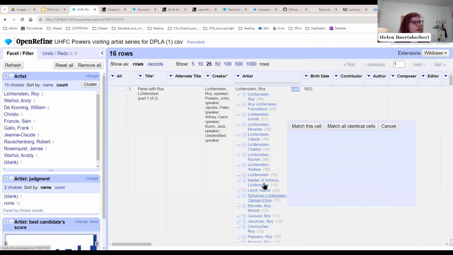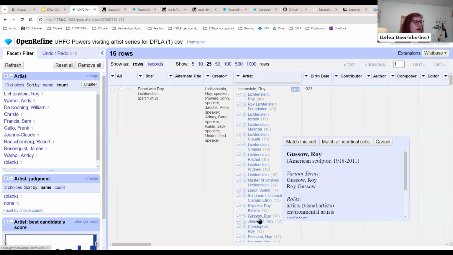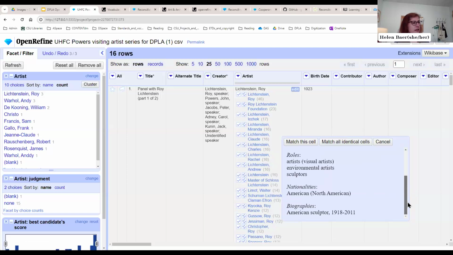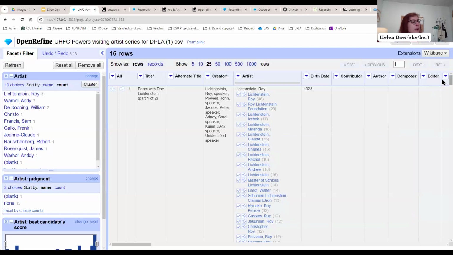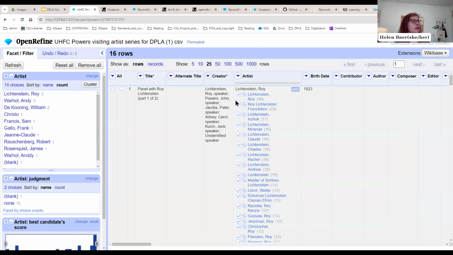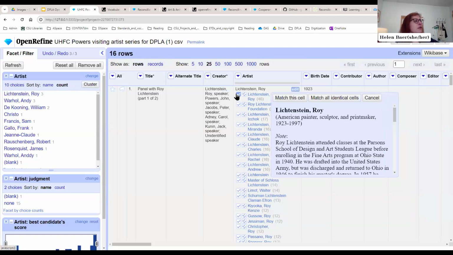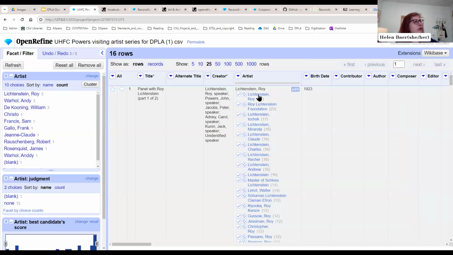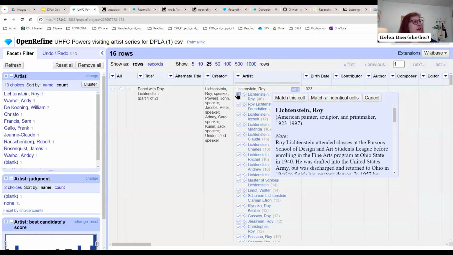You can see here that for Liechtenstein, we've got all kinds of really strange things. I don't know why this person turned up in here. I really have no idea at all. But you can see they're arranged from high score to low score. What these little boxes here mean is if you click the single checkbox, you will replace your data with the data from the vocabulary just in this cell. If you click the one that says 2 checkboxes, it will replace the data for you in all the cells